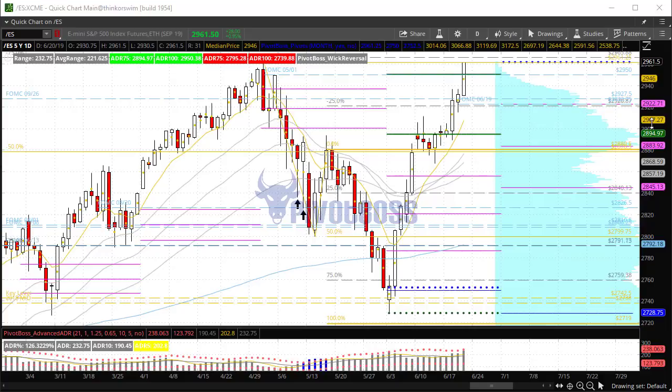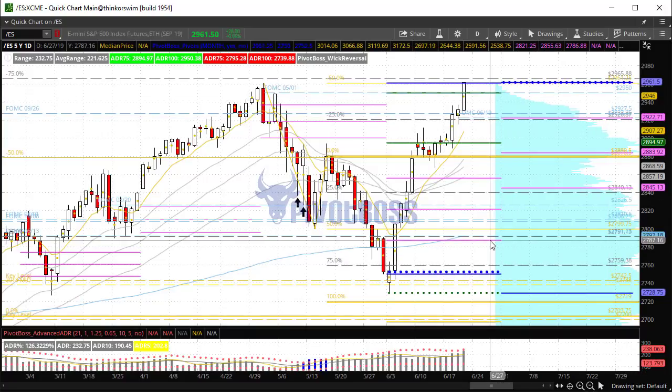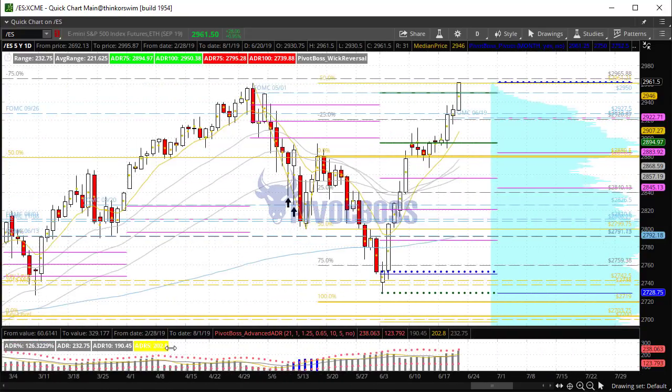Here's a look at the daily time frame of the ES. You'll notice here that the ES is on a tear this morning, rallying, up nearly 1%, up 28 points from the previous session's close, and now pushing to new all-time highs right as we speak. Previous high here 29.61 quarter, and right now we're at 29.61 half. So we are one tick at a new all-time high just as we speak here,